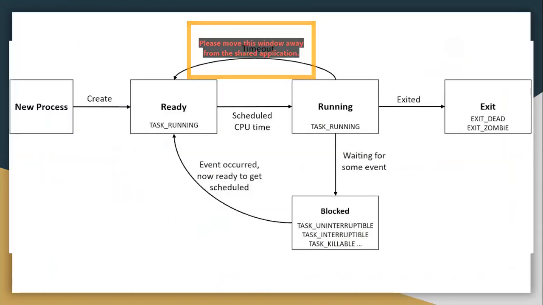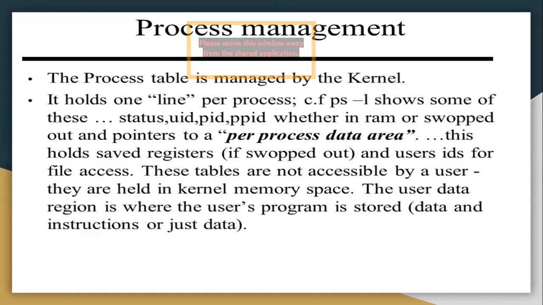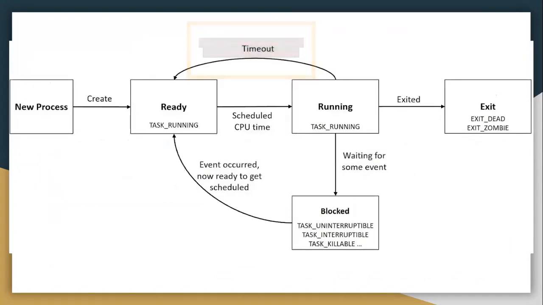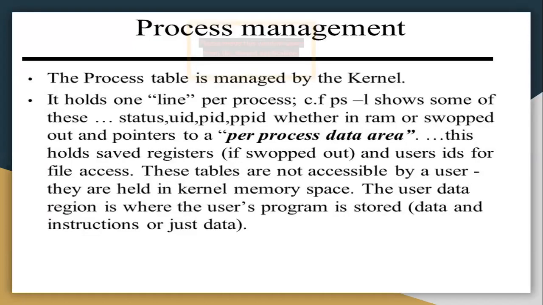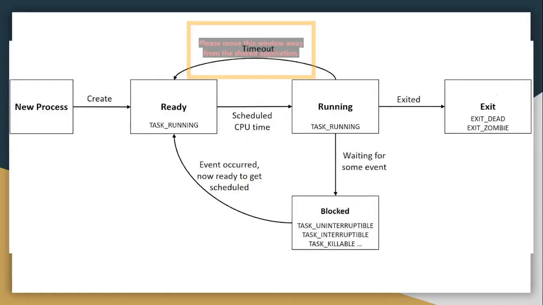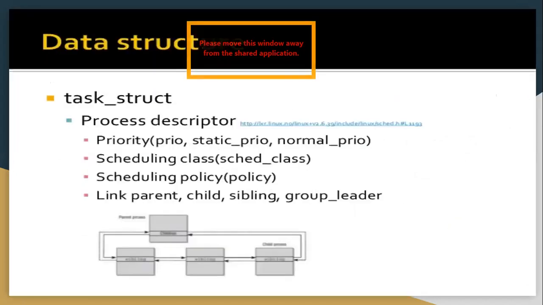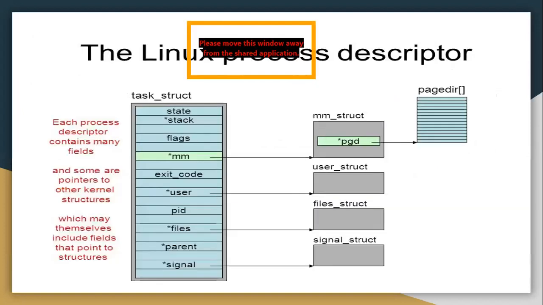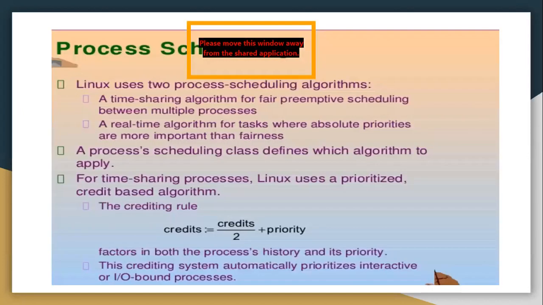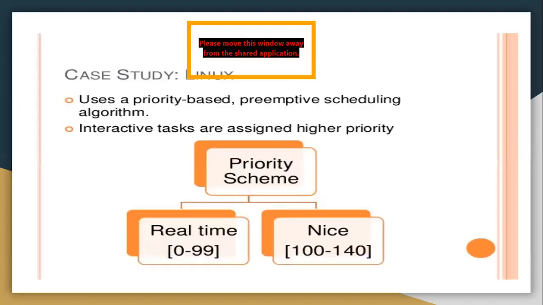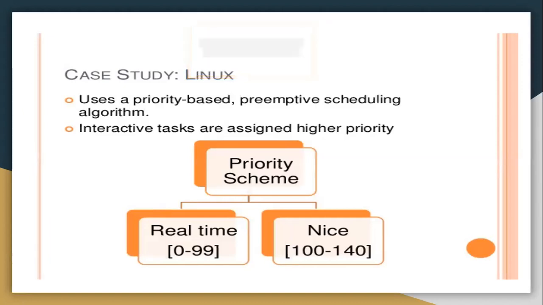These are just a gist. You can refer to a book for other details. So these are just a gist of how the kernel works, how the process tables are maintained, how the processes maintain their states, descriptors, their structures, and the various scheduling algorithms. So basically scheduling algorithms depend upon the kernel policy, and every algorithm has its time span, time complexity, and the priority it gives to a process.